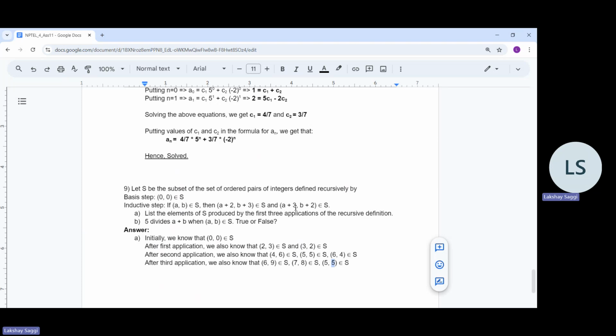But the other thing, A plus 3 comma B plus 2 will give us something like 8 comma 7, which we did not have before. So 8 comma 7 we also come to know belongs to S. Similarly,